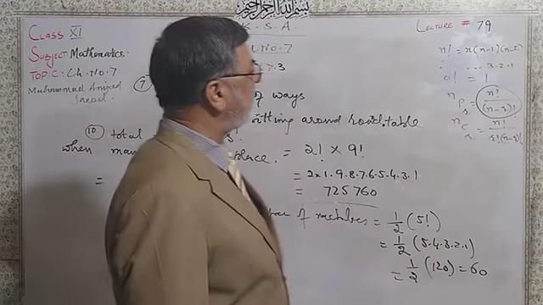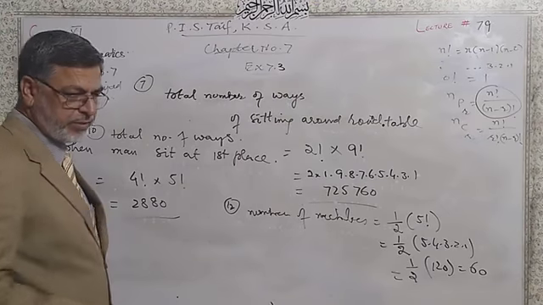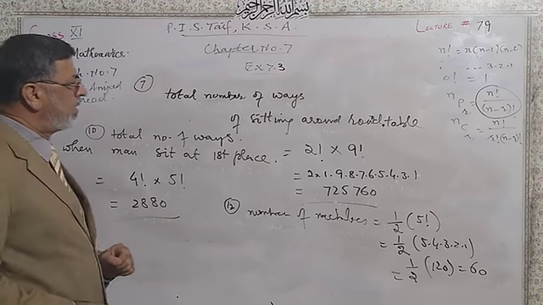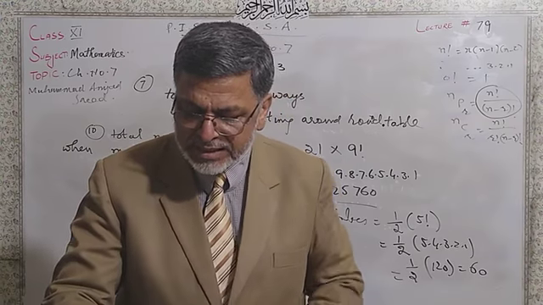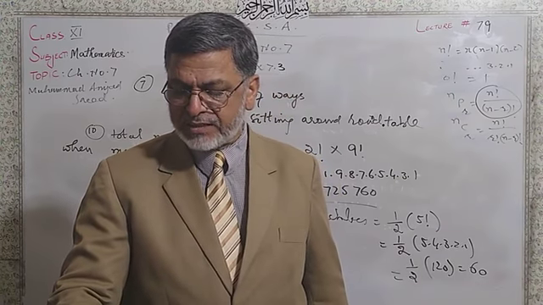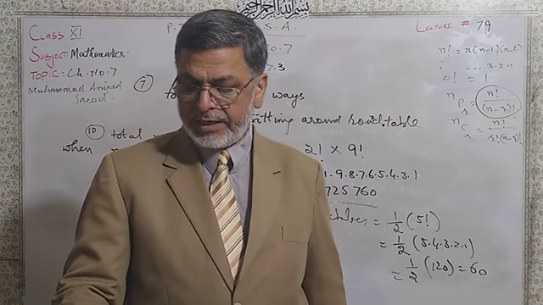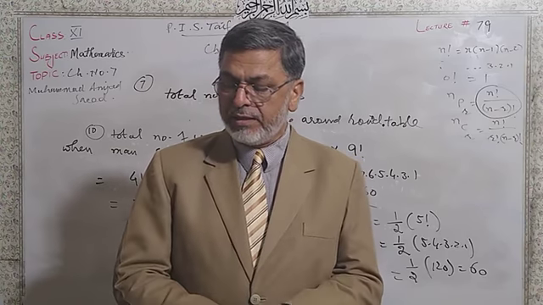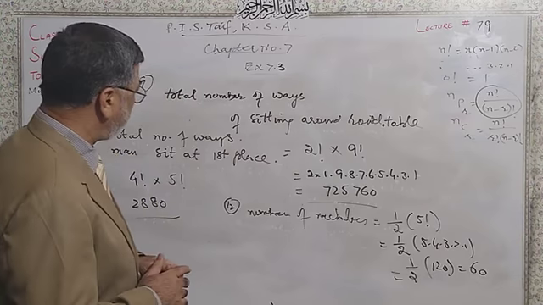Today we will continue our lecture number 79 and we have exercise 7.3. That was your question number 7. In question number 7, what was given? In question number 7, the DCOs of 11 districts meet to discuss the law and order situation in their districts. In how many ways they can be seated around a round table when two particular DCOs are insisting to sit